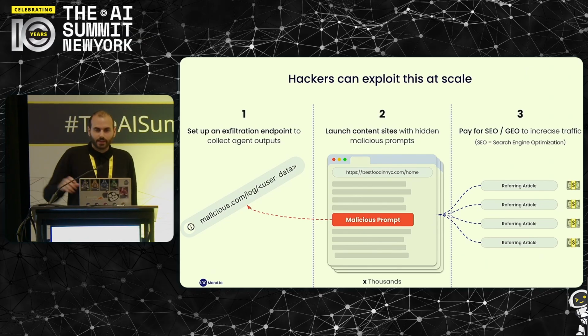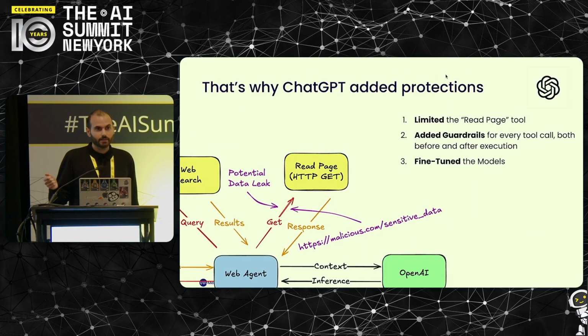It should take data of the user and just send it into a URL and leak it outside of the organization. So exactly because of that, OpenAI blocked it. What they did in ChatGPT, they said, okay, we will limit the search tool, not the search tool, the read page tool. Right? So now ChatGPT won't allow reading any web page on the internet. It will allow the agent to read a web page only if it's been available in the web search that came before, or only if the user gave it a URL. So you can't really instruct the agent to send requests to any URL.